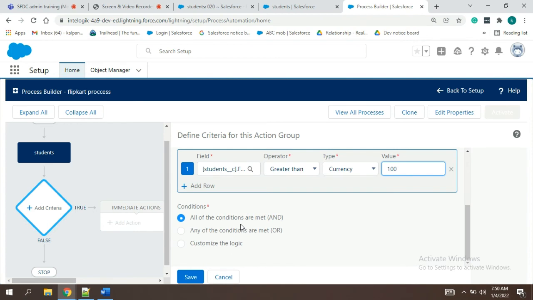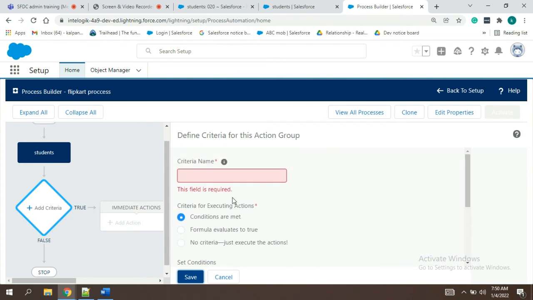We have to show some message, that is our requirement. This is enough. Save. Whatever criteria you have given, it will show here. We have to give a name for the criteria, guys.